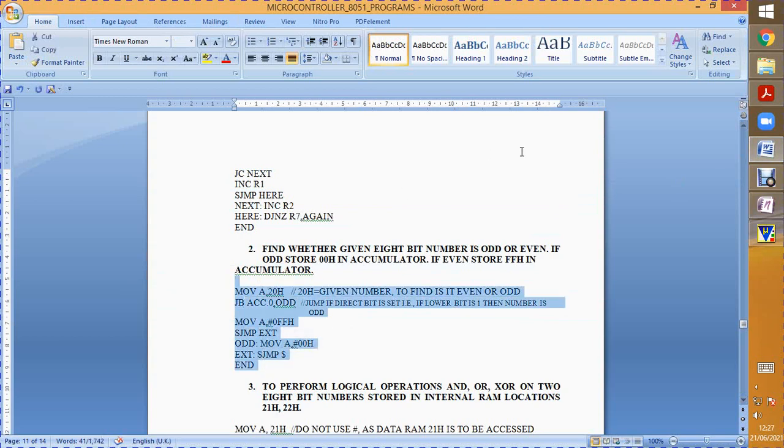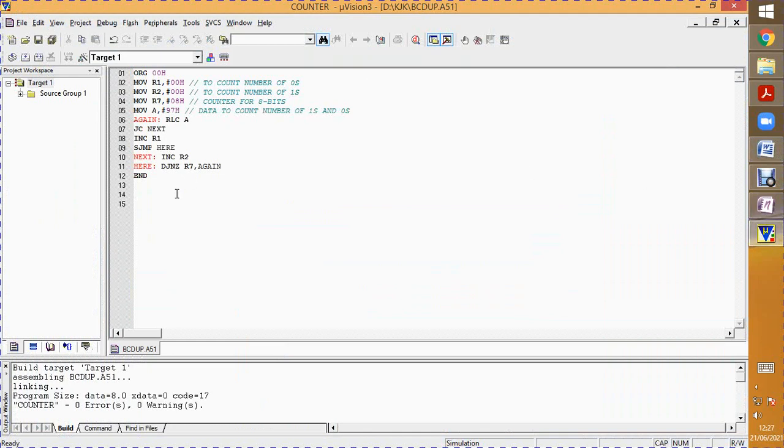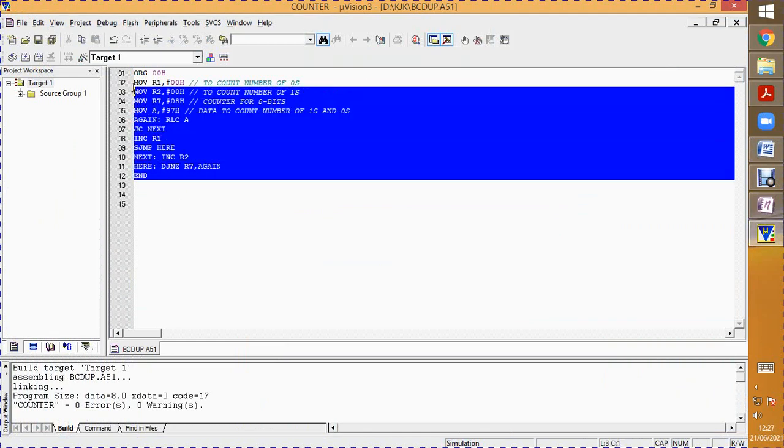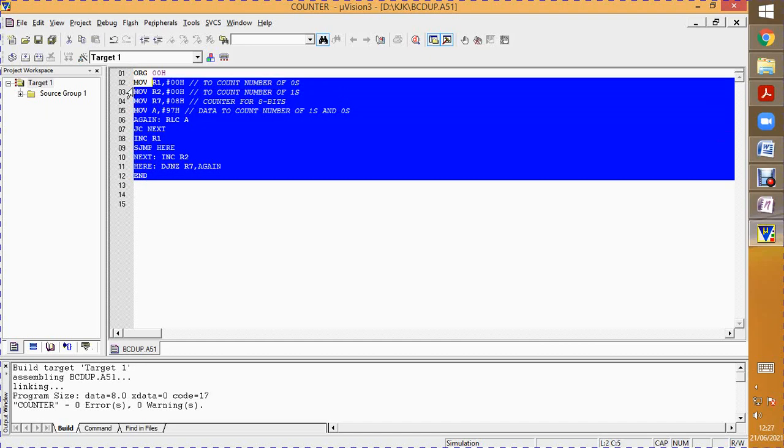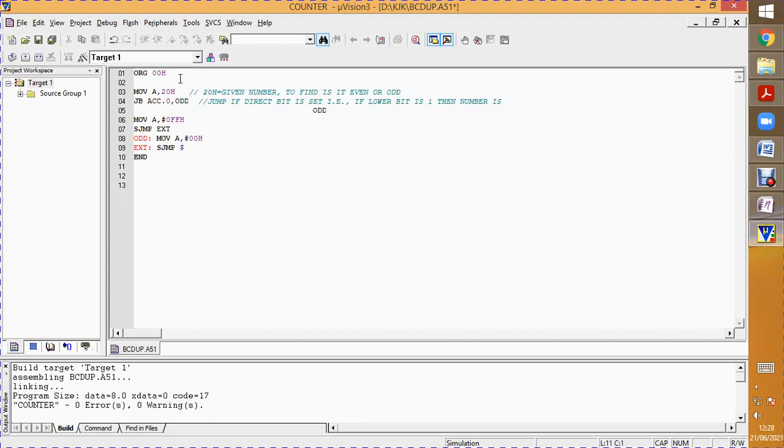The logic has been explained here. So I'll just remove this instruction, copy the program here, whatever you have copied. So here we are going to take a number from the memory location 20 into the accumulator and we'll be checking the 0th bit of the accumulator.